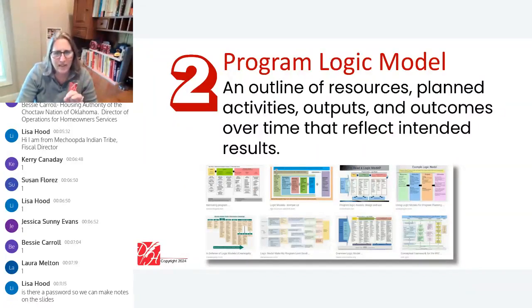This is giving us more like a 10,000 foot overview. High level, how? How are we going to create this impact? What are the resources we would need? What are some of those high level planned activities we might do? What are some outputs we might count? Some outcomes we would expect over time? High level, 10,000 foot overview. You might say, Diane, when do we put our feet on the ground? That's like the task list of when we will do things, that is more like a work plan.